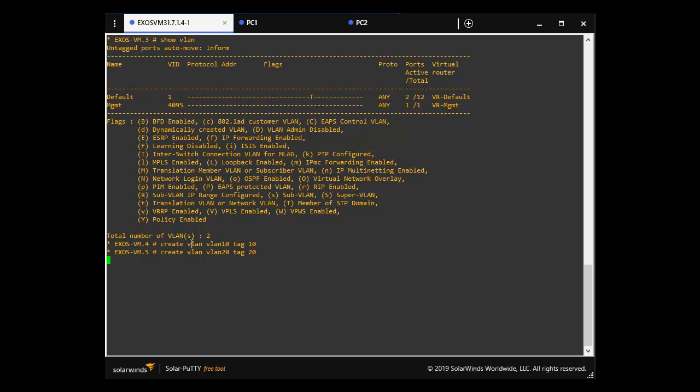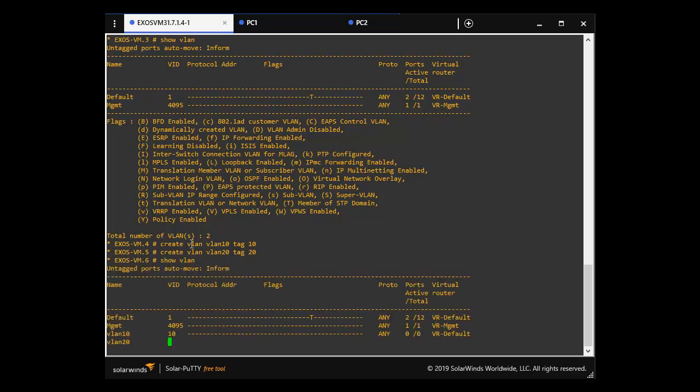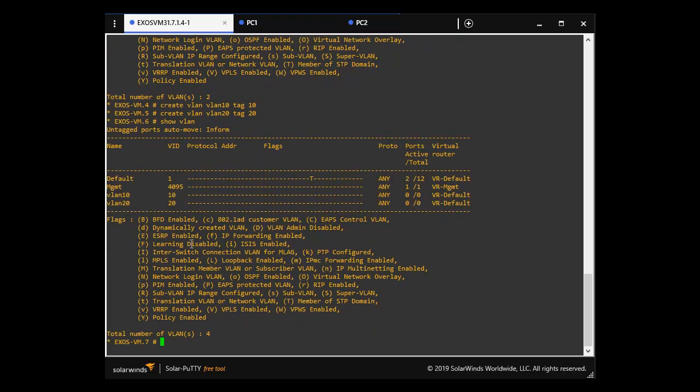Again, there's a slight delay in creating the VLAN in the simulator, but we'll do show VLAN again, and now we'll see our two VLANs in the VLAN table. At the moment, there are no IP addresses on the VLANs, so we need to create an IP address on the VLANs. The configure VLAN 10 IP address